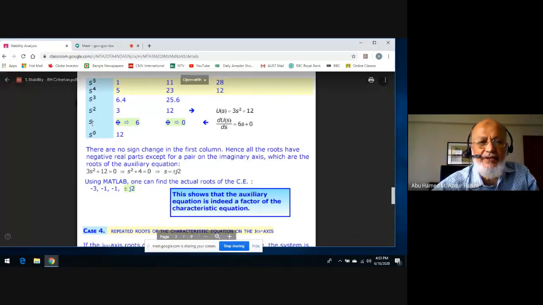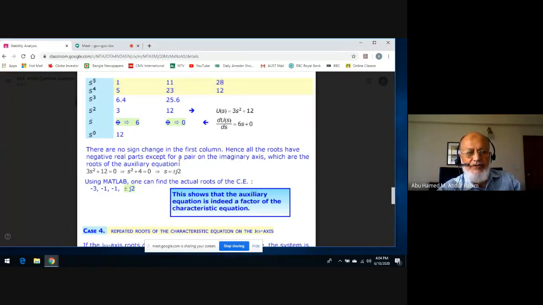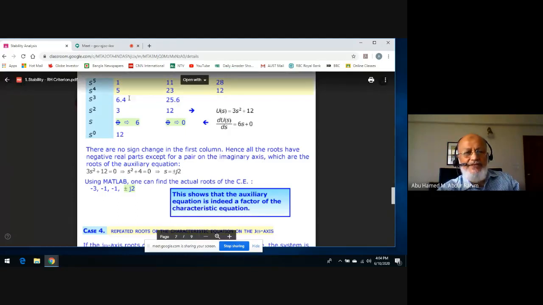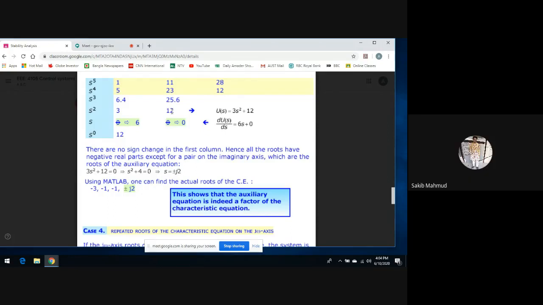Don't look at the screen and get confused. Just follow me what I am saying. Okay, because in the class you would not see all this. I would have put them in stages one by one after the other. I asked you to calculate 3 times 25.6 minus 6.4 times 12. See how much it comes. It shouldn't take that much to calculate. It came 0. Okay, it's 0. That's good.